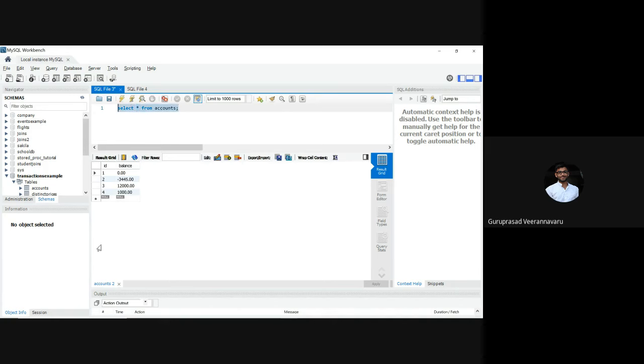Let's say I have a table which has a huge number of columns, maybe 10, 15 columns. In such cases, if you do a select star, what is happening? I'm fetching all the columns. There might be cases where you don't need all the columns. You're only interested in finding data from 2 columns. In such a scenario, you should try to avoid star in most cases. Because what is happening is,